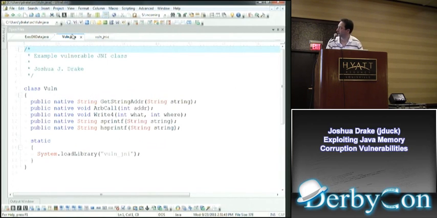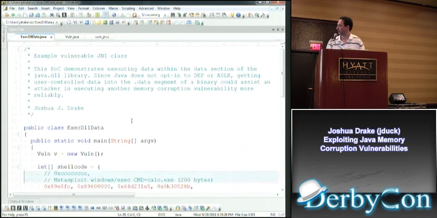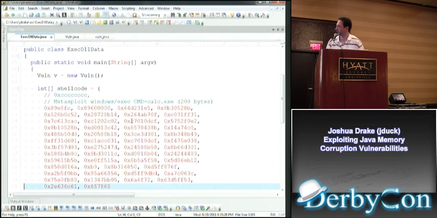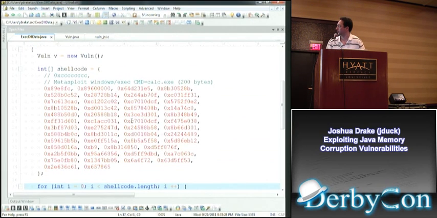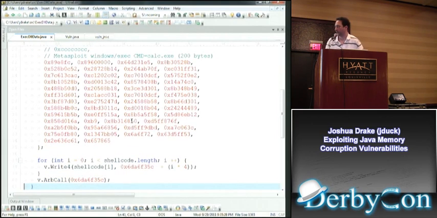So this is the class that ends up calling my vulnerable methods that I created. This is what it looks like when you declare the actual Java side of the DLL. And you just have it load this. You just load it up, and then that's cool. So here's the POC I was able to put together. I just put some shell code in this wonderful integer array. Just runs calc. And then I used the write primitive to write this into an address here, which is an area in the data segment, an unused area in the data segment within java.dll or jvm.dll. I'd say one of those two.